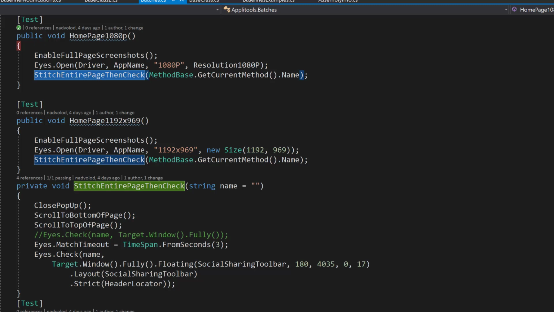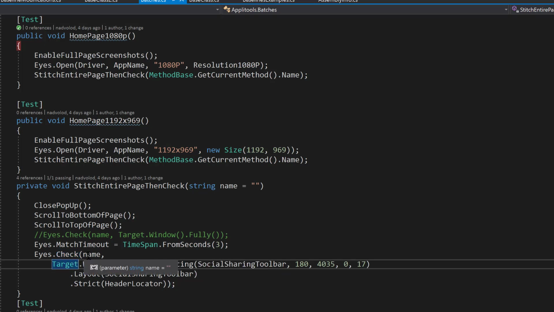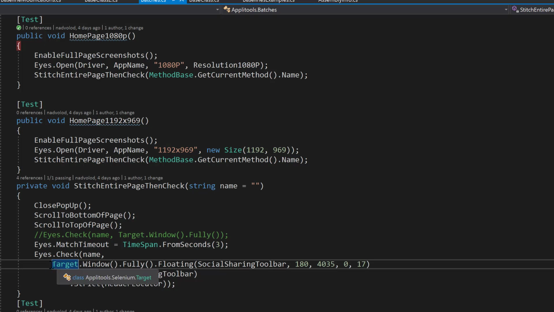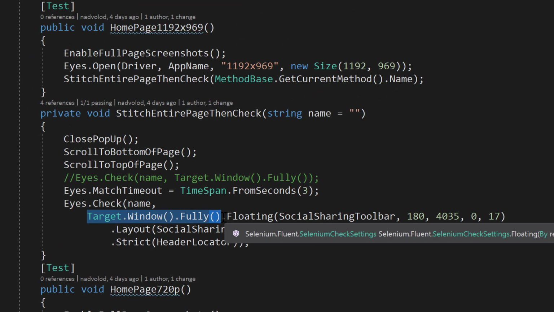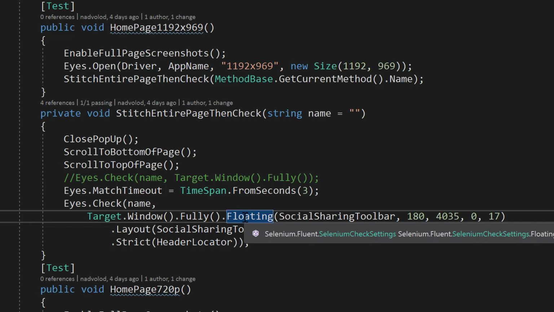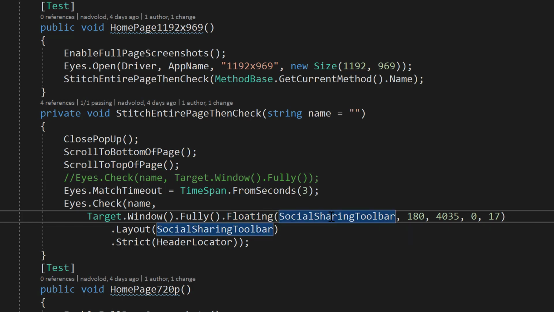And that's exactly what you see right here. I'm doing an eyes.check, and I'm supplying the name of the test case. And then I'm using their Fluent interface to create an endless string of commands. So for example, the very first thing I'm doing is I'm saying check the entire page. Then I'm doing .floating. .floating allows me to specify a floating region. And what I did was I actually identified the social sharing toolbar, which if we peek at this definition,